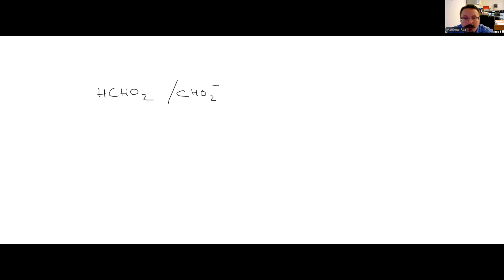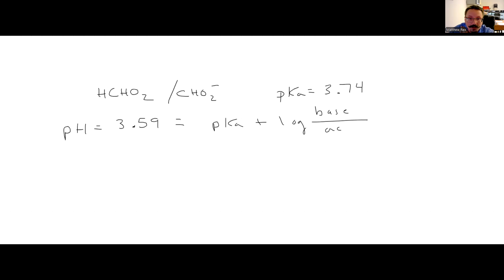So the pKa we know for this is 3.74 for formic acid. And we're told the pH is equal to 3.59. So that means if our equation is pH equals pKa plus log of the base concentration over the acid, then if this is 3.74, that means that log portion here